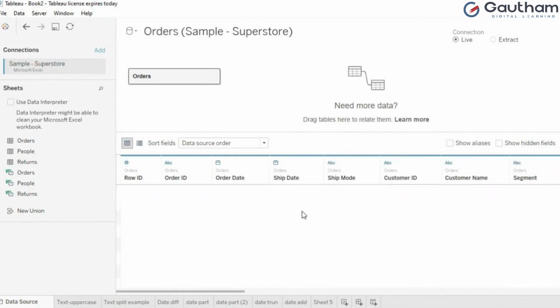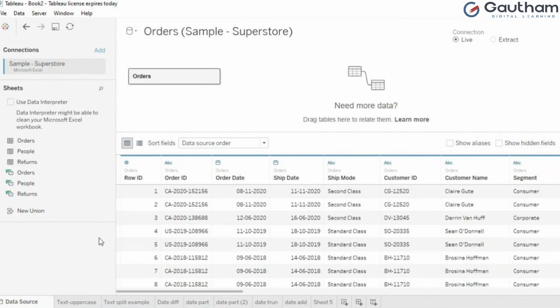So this way you can split the date. If there is a time also for you, see, in some projects, not only some projects, in all the projects they maybe didn't give it, because if they gave for the 8th of October, many orders will be there for each and every time. If they give for that one day only, we will be getting 1,000 orders, so the number of rows will be more. So that's why they have not given that, but there will be a number of records. Record wise they gave. So if they gave time, there will be an option for us here with the hyphen. You can see the split option.